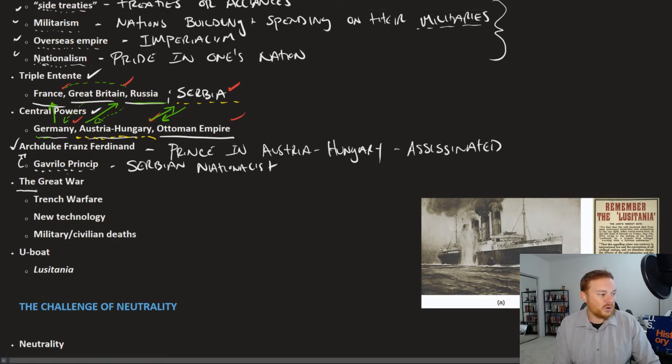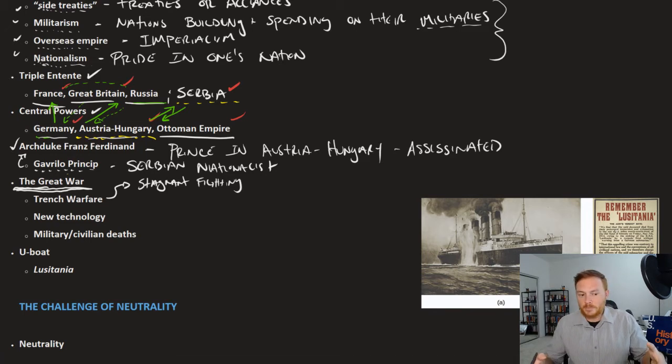Now, the Great War, as it was called, had some unique characteristics. The type of fighting was trench warfare. So this is what we might call stagnant fighting. Not a lot of movement in terms of either side being able to advance on the battlefield. Trenches are essentially man-made holes in the ground. And that was because the new technology was so deadly that the only way that one could avoid dying was simply by digging holes into the ground and taking cover.